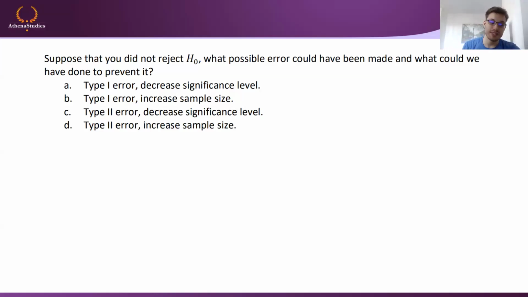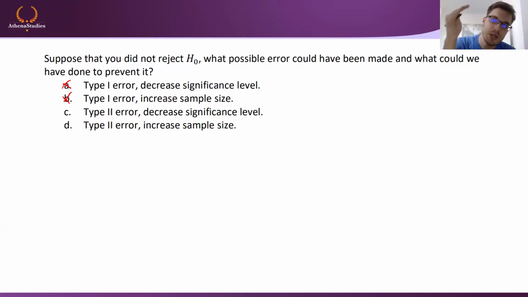All right, so everyone's saying D. That's good. So it's definitely a type 2 error. If we did not reject H0, the only thing that could have happened is that the actual mean wasn't, so we should have rejected H0. So it's not a type 1 error at the start. So we're left with C and D.